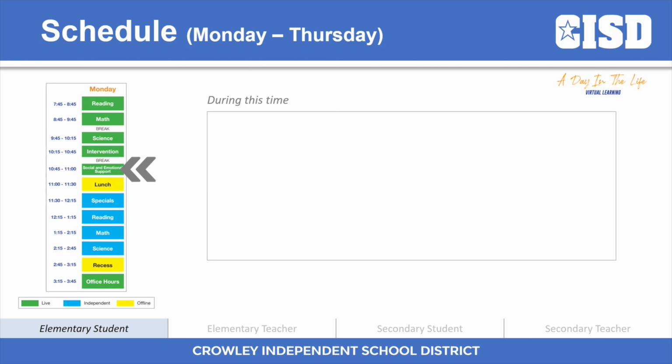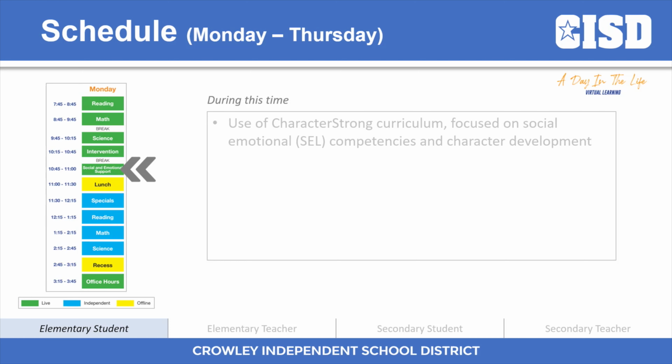Then Larry moves into his last live block of the day, which is this 15-minute social emotional support block, which happens daily. And this has students from the AM live block and also from the PM live block at the same time. So during this time, teachers are using the Character Strong curriculum, which focuses on social emotional competencies and